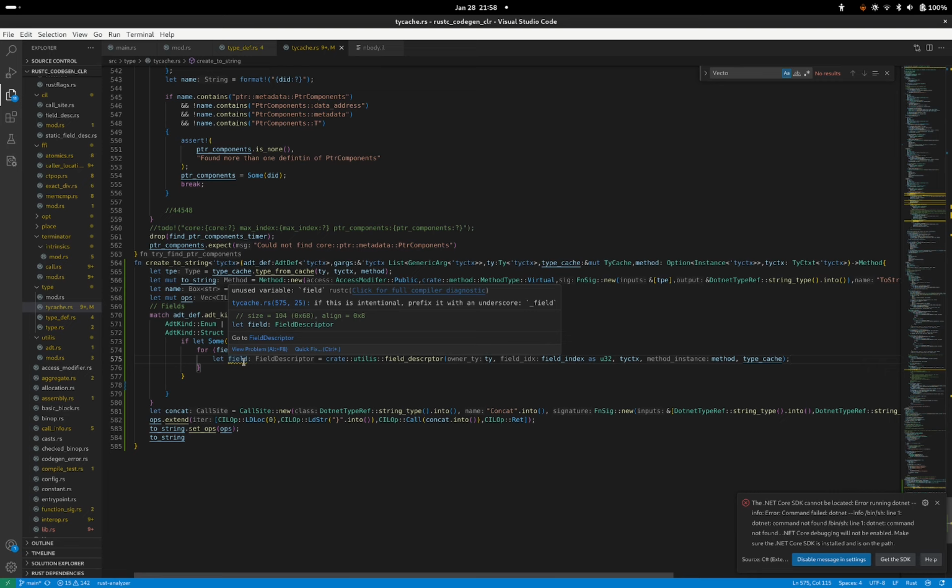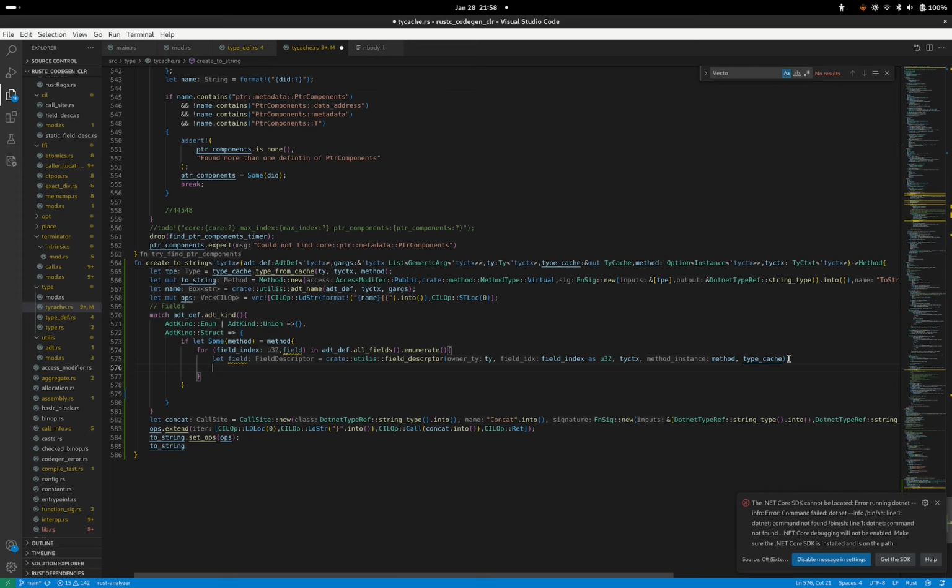A field descriptor basically describes the field. It's used by operations such as loading, setting, or getting the address of a field. So now we can also get the type of the field. If we do field dot